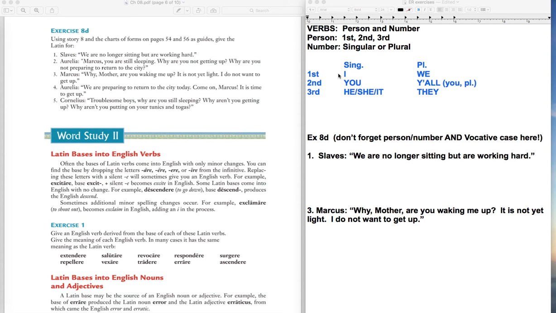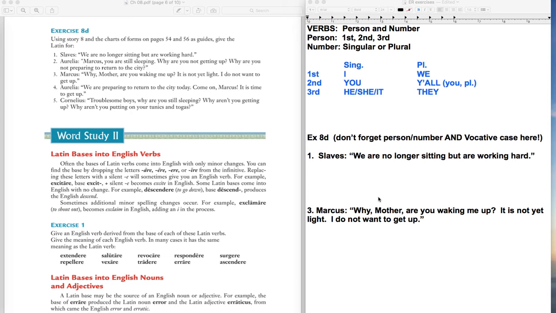All right. Anyway, I'm leaving the persons and numbers little chart up here, not the endings. I'll go back to those if we have to for the verbs, but I'm leaving just who these persons and numbers are up here for now. So 8D, I'm going to give you numbers 1 and 3 this time. 1 is a shortish one and 3 is a longer one. So I think with those two, if you analyze the other ones the way that I do here, hopefully you won't have too much trouble with it.